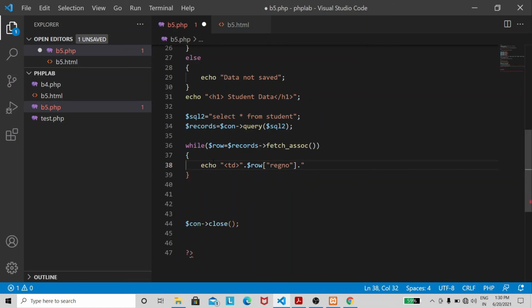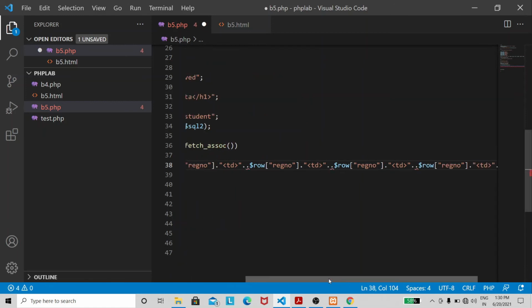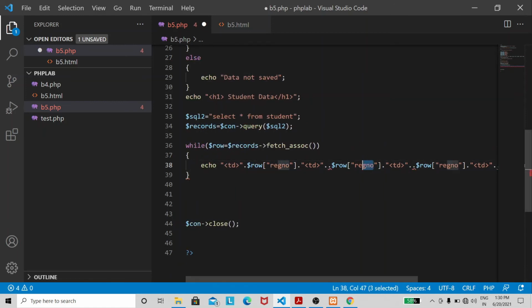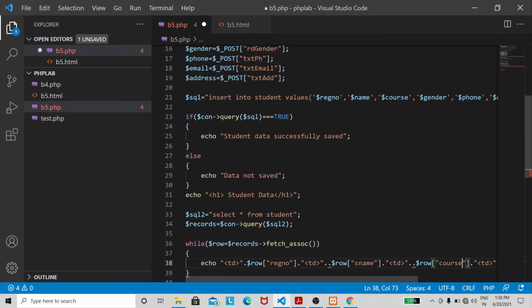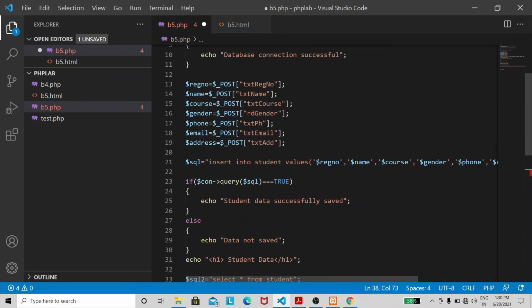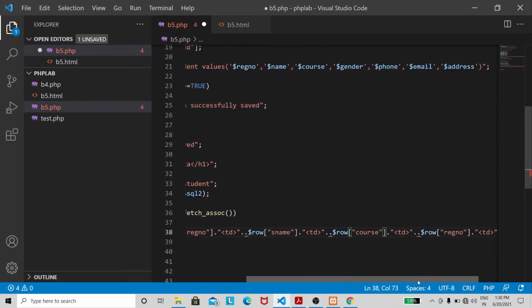So again we need to have one more column, td. Okay, concatenation operator. So what I will do is I'm going to copy this. $row of s name, then we have $row of course. So if you do any mistake here, then it will not retrieve the correct results from the database table.